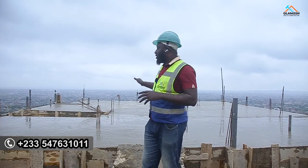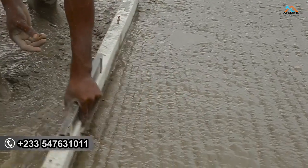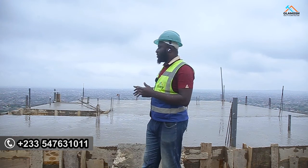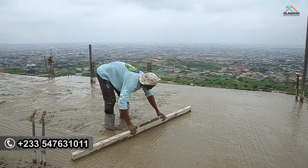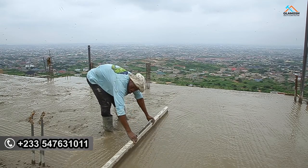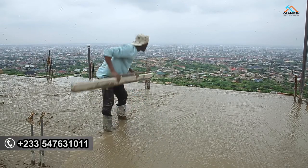So as you can see, the mason is dressing up the staircase, and you can see how beautiful the staircase is now looking. Okay, so when we were done with the retaining wall beam casting, we had to come and finish up with the slabs and combine everything together, and you can see how beautiful this project is now looking. This is very beautiful. I really love this, considering the mixing ratio,